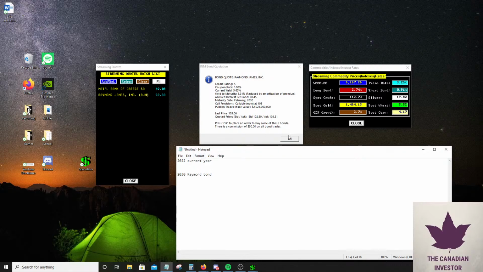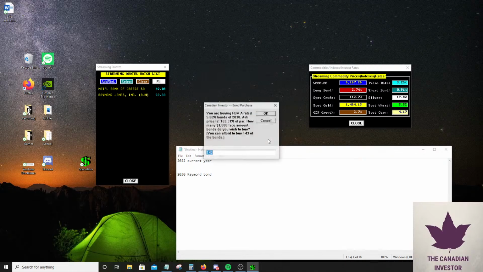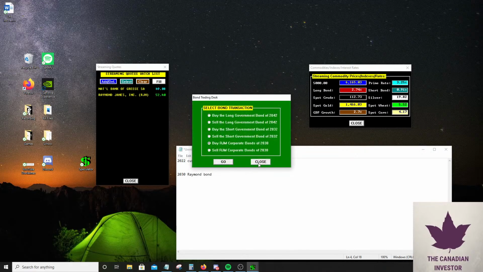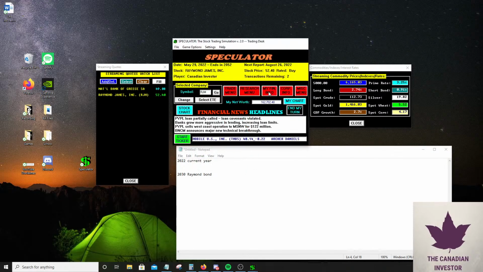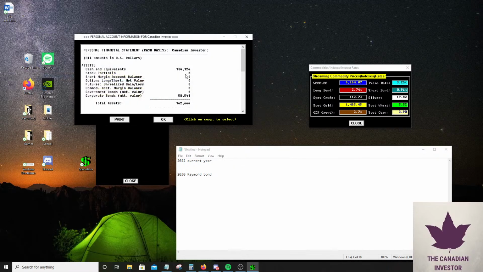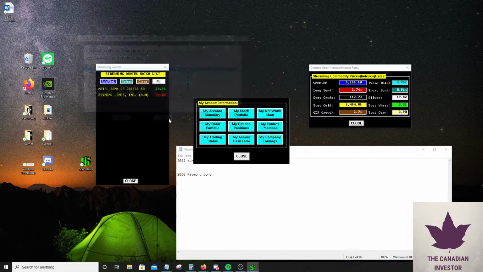So in this case we're going to buy, maybe I should look at our budget too. Our budget might be pretty good, so I think it might be a good idea to maybe buy 43 of these. So we're going to be pretty interest rate sensitive because we bought a bit of a longer term bond. If we look at our account summary, we have about $50,000 in long bonds. And so I want to keep the rest in short bonds and cash equivalents because I'm pretty certain that interest rates are going to go up.